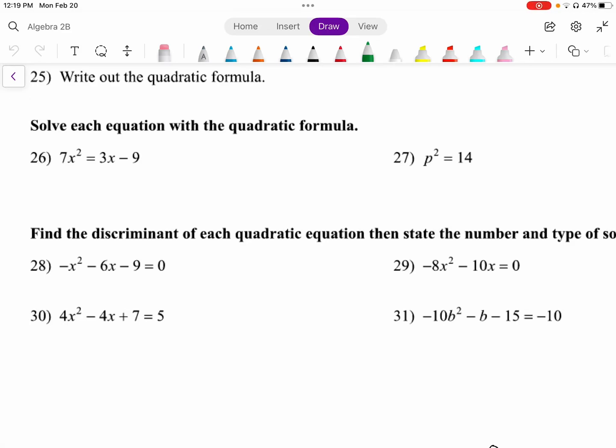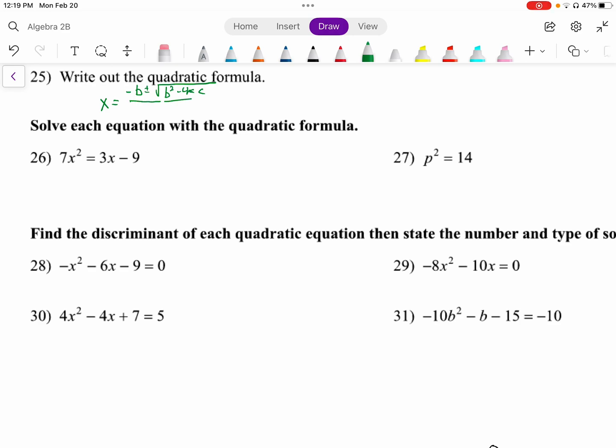Now we will focus our attention on numbers 25 through 27. Number 25 says, write out the quadratic formula. This question will be on your test. So the quadratic formula is x equals negative b plus or minus the square root of b squared minus 4ac